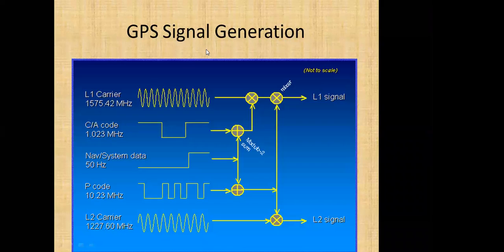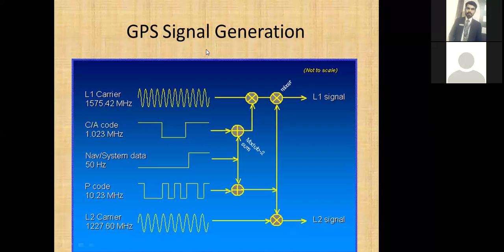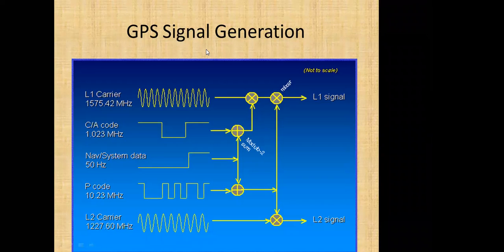At the L2 carrier, there is a P code, which is the precise code. It is 38 weeks long. That code is truncated into 1 week long segments, and each satellite is allotted a 1 week long code. So the P code is on the L1 carrier as well as the L2 carrier. But at the L1 carrier, the C/A code and P code are orthogonal to each other. One will be multiplied with a sine carrier, another with a cosine carrier. And then these signals are multiplexed with each other and transmitted to the user.